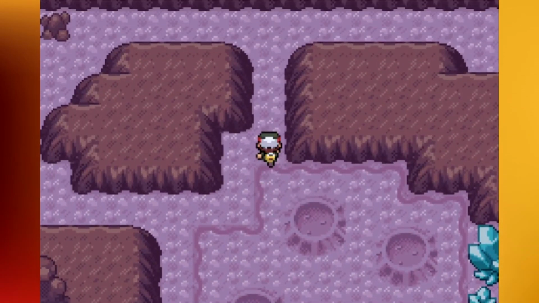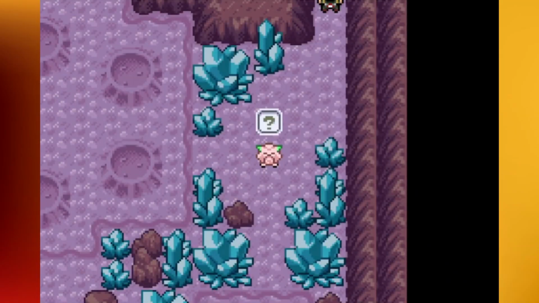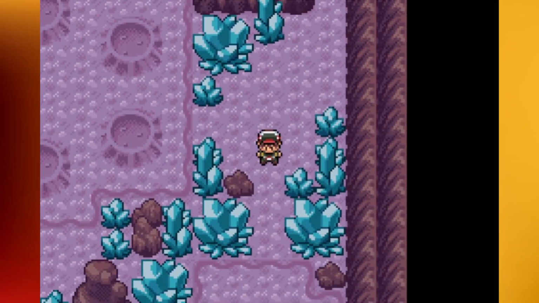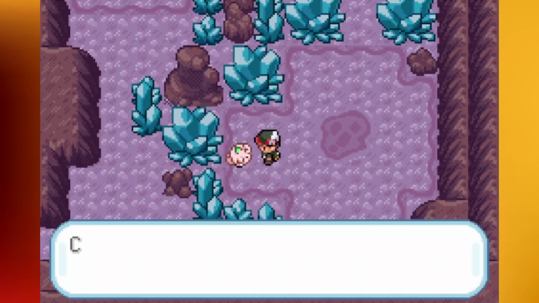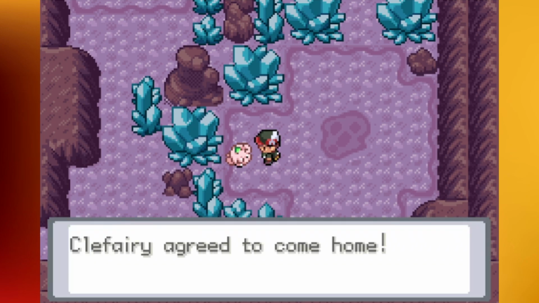There it is. Alright, so let's take the long way around and approach it from here. And then I think it's going to run down and then you can sort of just walk down to it, because, yeah, walk into this little bottom right corner surrounded by crystals. And, oh no, it's trapped. What are you going to do, Clefairy? Here we go. But, turns out the Clefairy's actually kind of calm now, even though we were chasing it